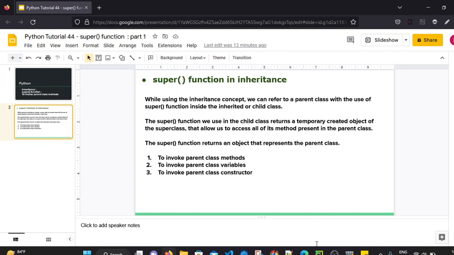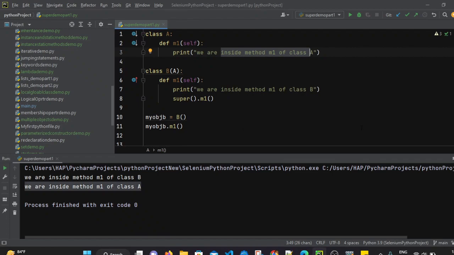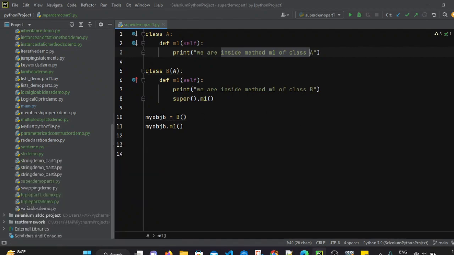So this is the basic example of invoking a parent class method by using the super function. Now in this example, let's say we use a different name. For example, let's use m2 as a class method. This m2 method is present in class A, the parent class. I am printing we are inside method m2 of class A, and this one is m1, which is present inside class B. So in this situation, how do we call it?